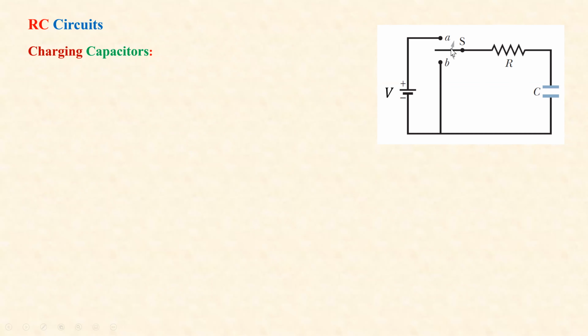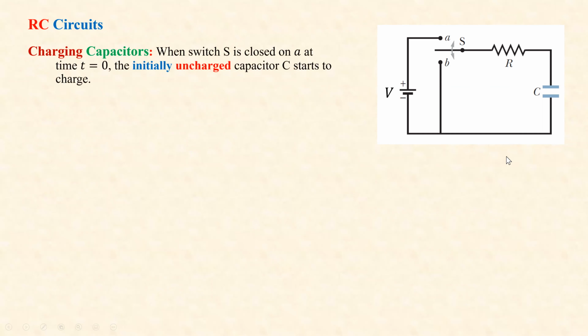So we have first the capacitor is uncharged, and we have this situation. We close, this is a switch. We close it on A, then the battery starts charging the capacitor. When switch S is closed on A at time t equal to 0, the initially uncharged capacitor